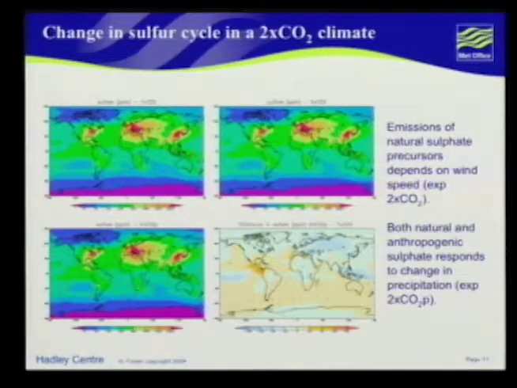We've looked at how sulfate aerosol could change in a warmer climate. So this is the sulfate distribution here for present day, and just by changing the climate, we're not changing the anthropogenic emissions, but just changing the DMS. The DMS responds to climate, and the emission of DMS would respond to changing wind speed and temperature and everything. You get a slightly different distribution of your sulfate. You can't see much difference. A model of DMS emissions.